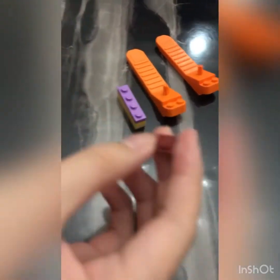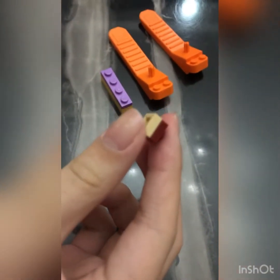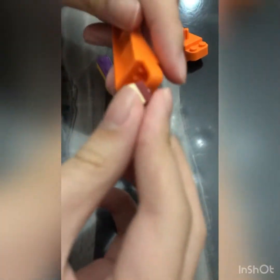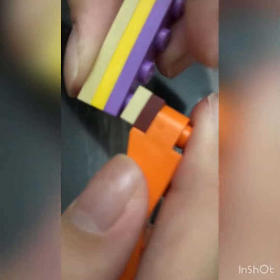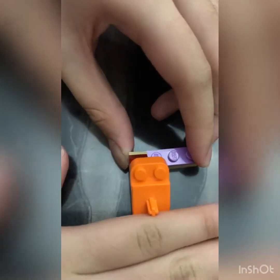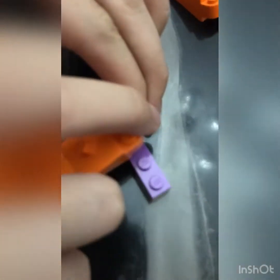Now I'll be showing how to remove this. This is 2 pieces and it's very hard to remove. There are 2 methods to do this. First, you can again put this underneath my friend Lego brick remover, thank you, and put another piece on the bottom. Then press down while holding this piece also, otherwise both of them will just